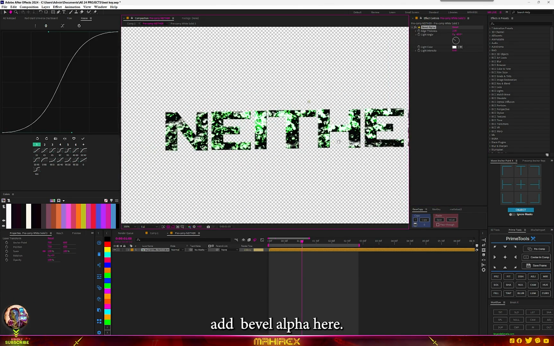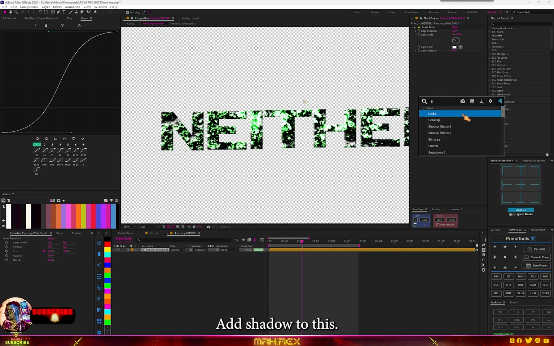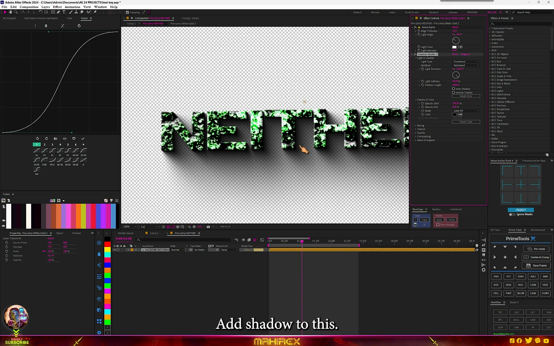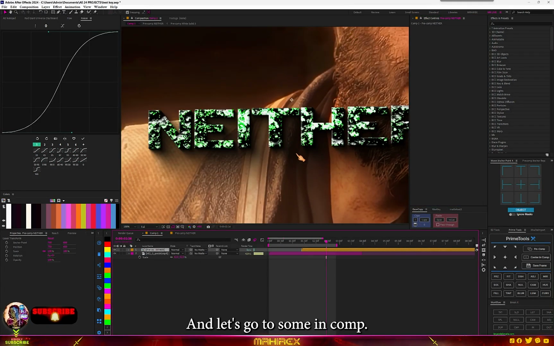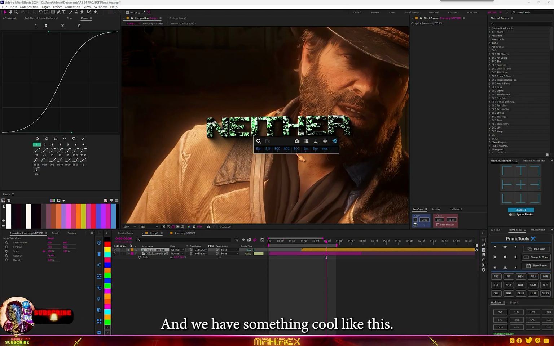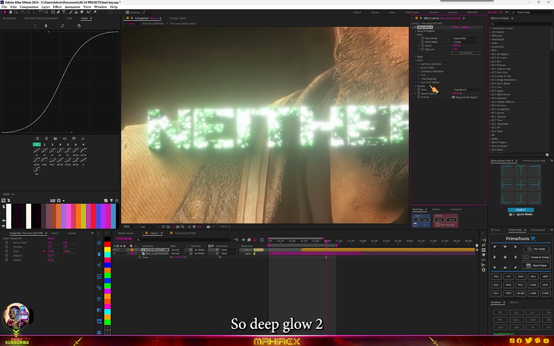Have bevel alpha here and increase the bevel just a bit. Add shadow to this, and let's go to our main comp and we have something cool like this. Just add your Deep Glow, so Deep Glow 2, and let's go to tint and let's go to duo, and